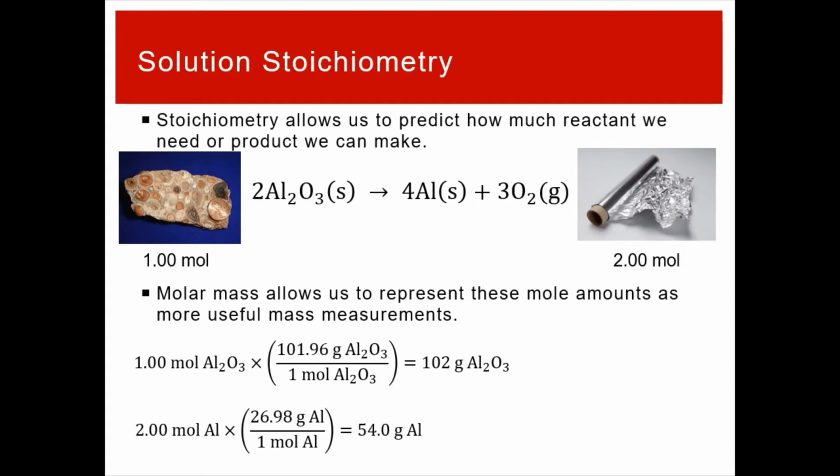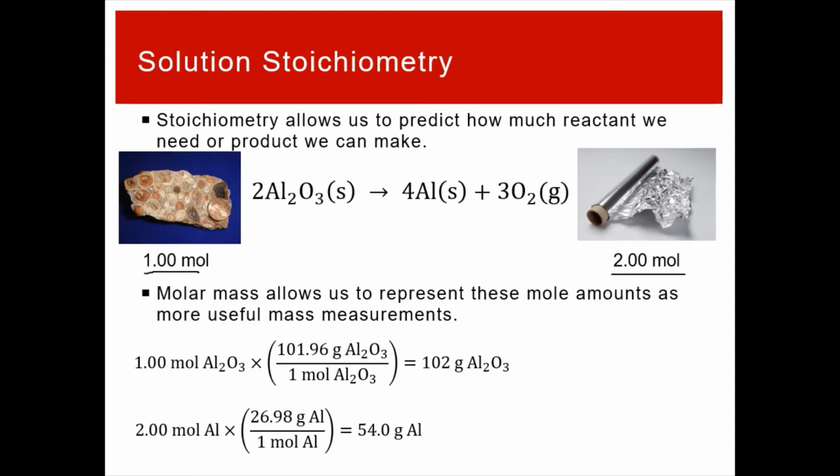So for example, Al2O3 becomes 4Al plus 3O2. That relationship really is in the moles. So 1 mole of Al2O3 will give you 2 moles of aluminum. Okay, and so that gives you that relationship. But the thing is, we need the molar mass to represent those mole amounts as a useful measurement, namely mass,